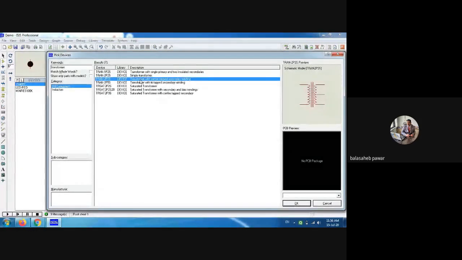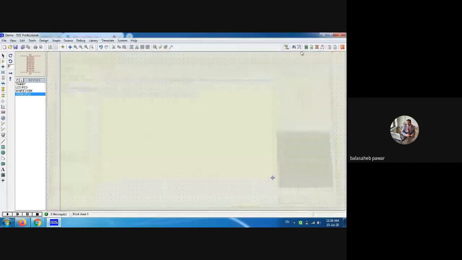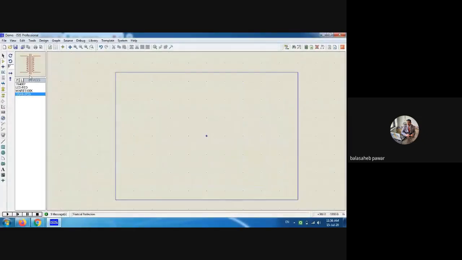See, the symbol gets generated towards the right hand side. So 2P3S, that means what? Two terminal primary and three terminal secondary. Three terminal secondary means it is a step down transformer, which we require in a full wave rectifier using two diodes. But in a bridge rectifier, we require only a simple transformer. In that case, we can keep any one terminal of that center tap transformer open. So here I will prefer this simple transformer, that is 2P2S. Select it and I will close. Now in the library, my component selection is already done. So what I will do, first of all, select that transformer and place it as I already told.